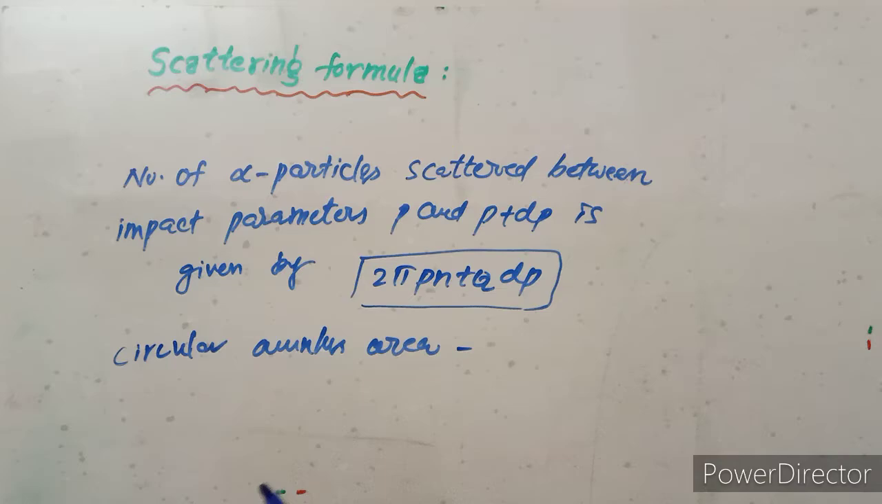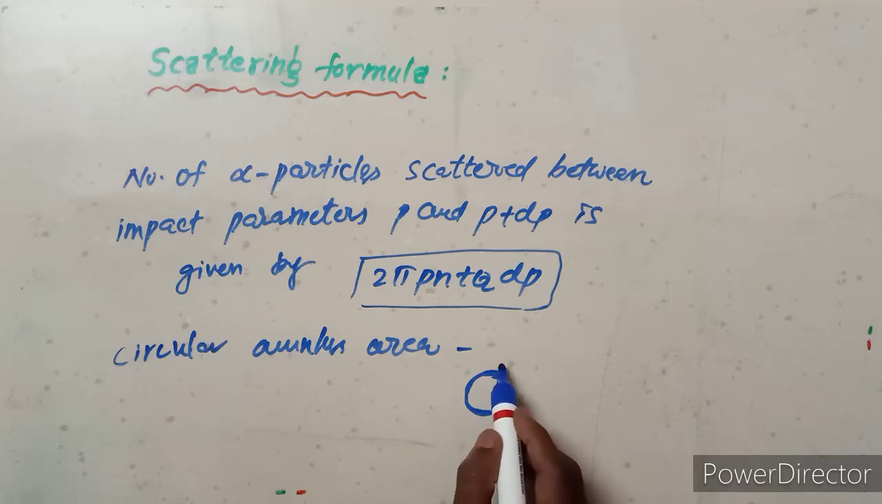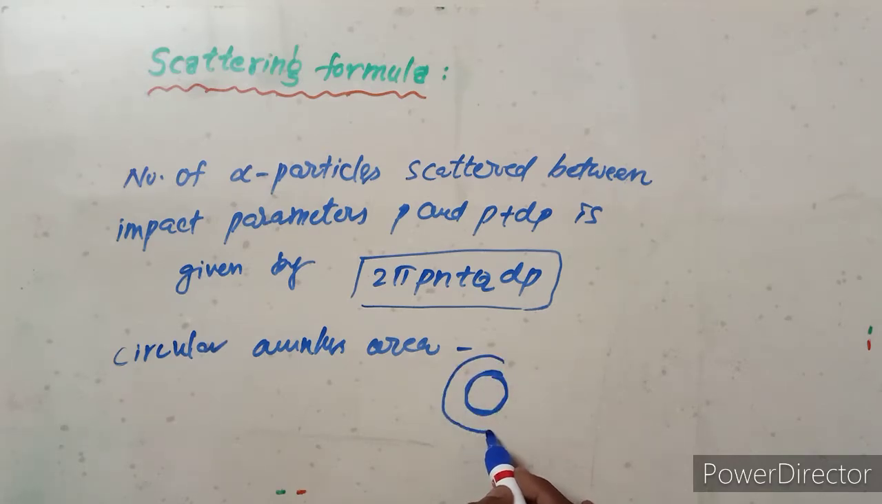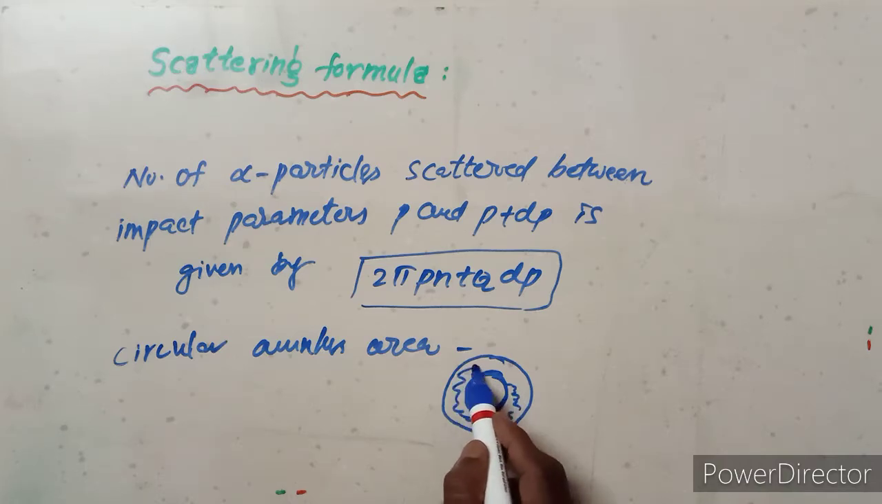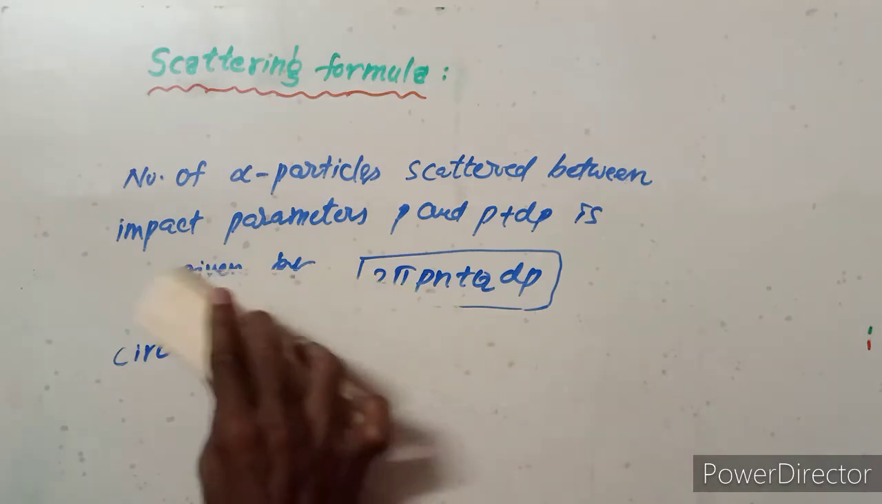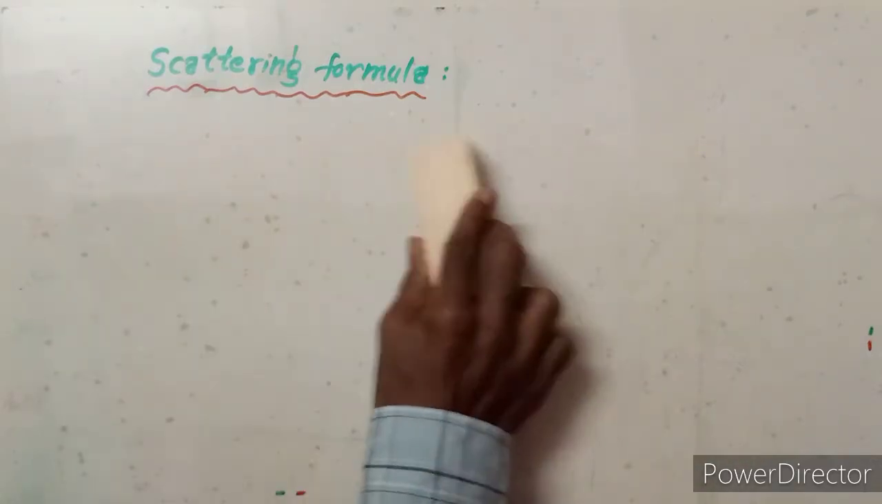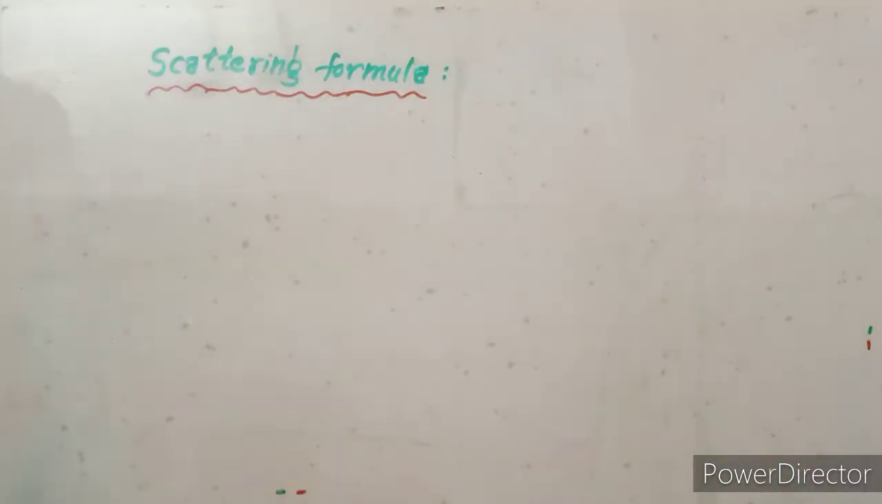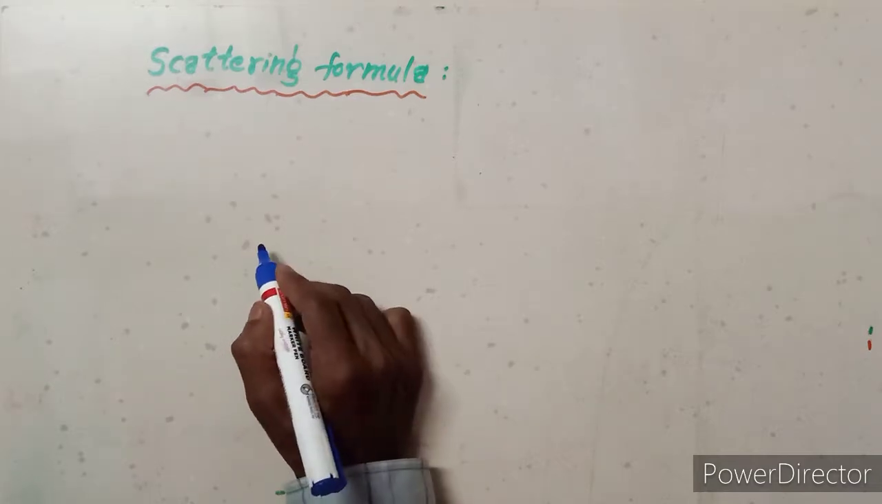Next, the circular annulus area. What is the circular annulus area? For example, this is a circle, and this is another circle. So this is the circular annulus area. So from the diagram of the scattering experiment,